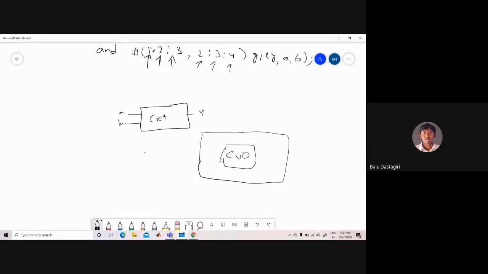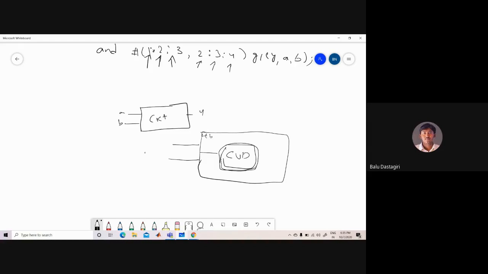Okay, so this is the circuit which we want to test, to see whether the circuit we have written is working properly or not. So it is the circuit under test. Over the circuit under test, we have the test bench here. We give the input values to this test bench, and there should be a connection from the test bench to the CUT.